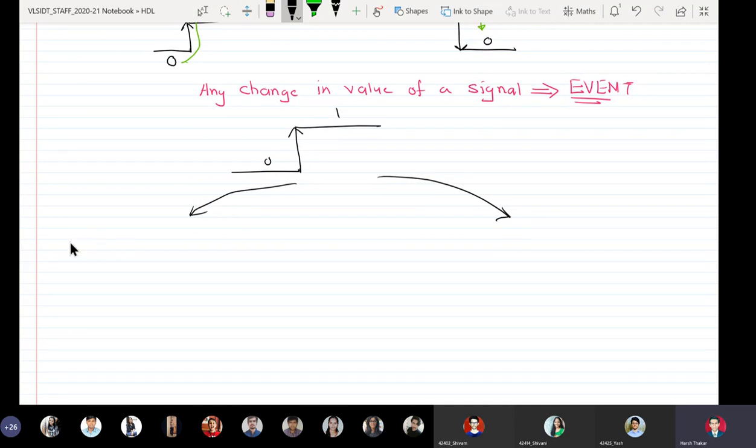I can say if clock'event, there is no space in between.